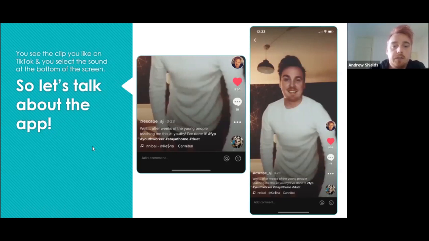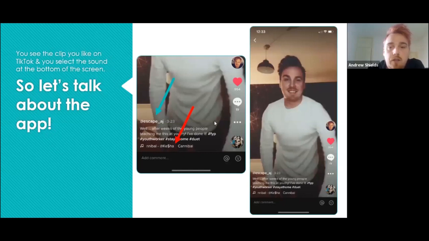That's how the video is displayed. I've cropped it down. This here is your username. I've got escape_AJ, so it's my professional account. I don't have a personal account. I didn't want to blur the lines any more, but that's how we create your username. This is the song bar. When you go onto TikTok and you like a song or a video, some of them are comics, some of them are about wash your hands. That's what you click. You click the sound.